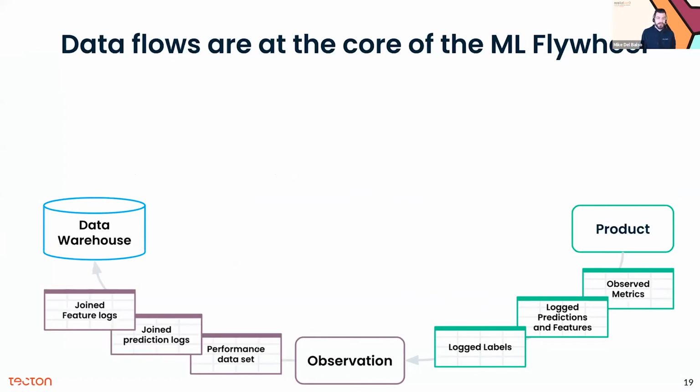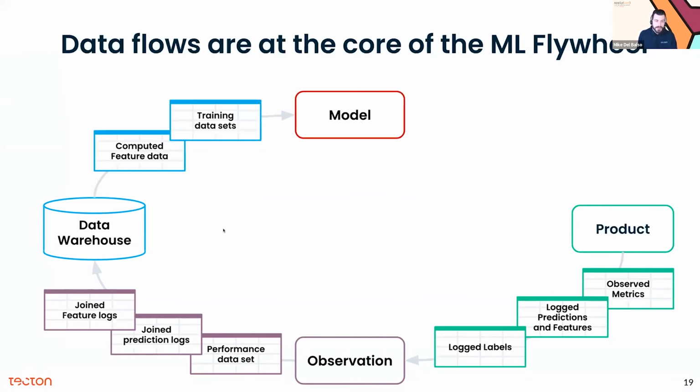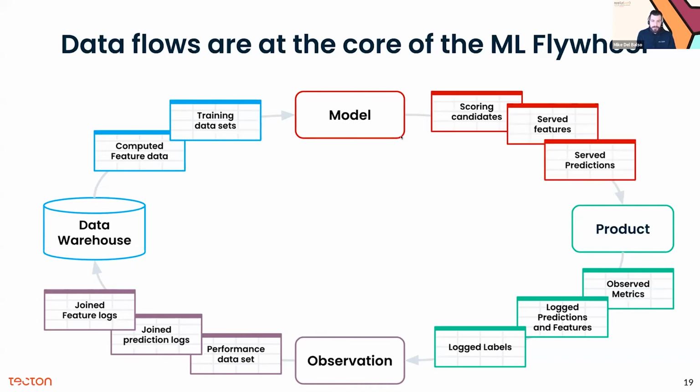We're joining all of those data sets together. This is the organized stage. So we're joining them together into feature logs and label data sets. And then when we're building our models, we're potentially extracting new features. We are generating new training data sets. And then online, when we're at the decide stage, when we're making predictions, there's a variety of different data sets